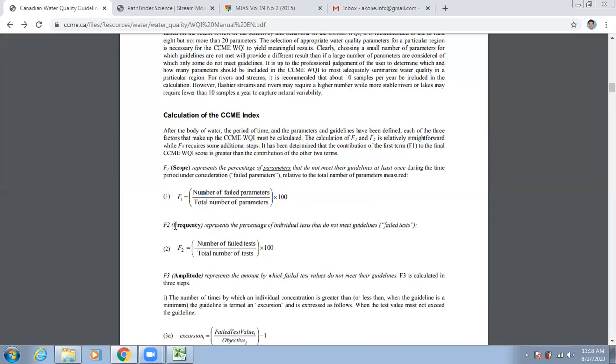In the case of frequency, to calculate the frequency you have to look at how many times you have tested all those samples. So the number of tests given, suppose you have tested 5 times. Then how many times it failed, because you need to test a minimum of 3 times. Suppose we have done 5 tests, so 3 by 5 into 100, sorry, and you can calculate the frequency.